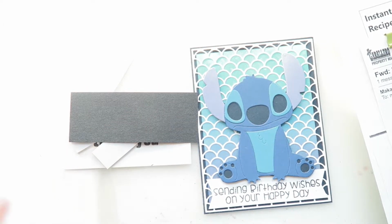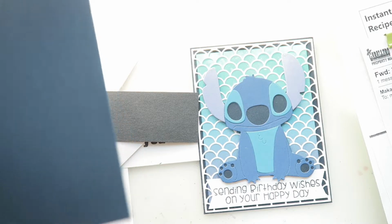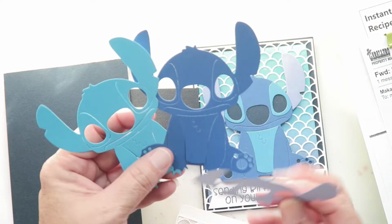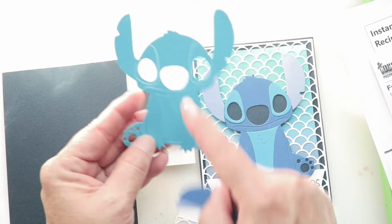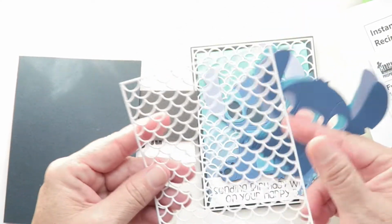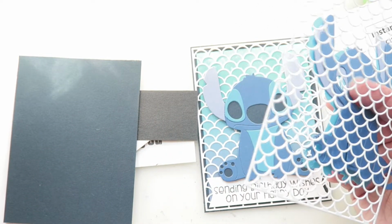Of course, an A2 size envelope, an A2 size card base, and then I've trimmed him out in the different colors that he is pieced together with, so they'll have to piece him together like this. So this, you'll just use the ears, this is majority of his body, and these are just the outline and his chest. And then I also cut out the net from a die cut that I have, and then we